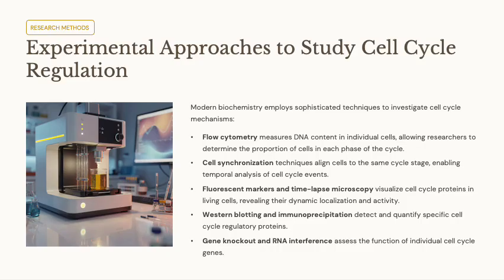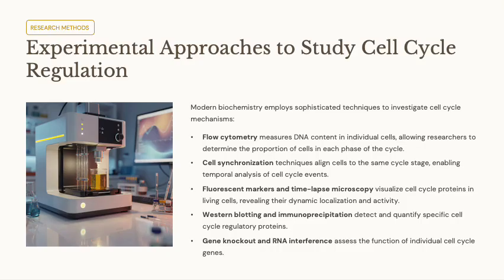Cell synchronization techniques are also commonly used. These methods align cells at the same stage of the cell cycle, allowing researchers to study molecular events as they occur over time. Fluorescent markers and time-lapse microscopy enable visualization of cell cycle proteins in living cells. By tagging proteins such as cyclins and CDKs with fluorescent labels, scientists can observe their location and activity throughout the